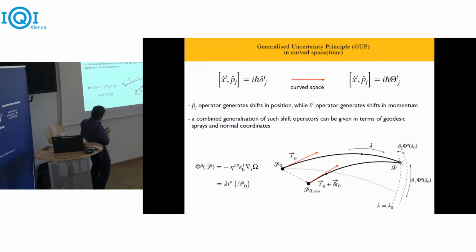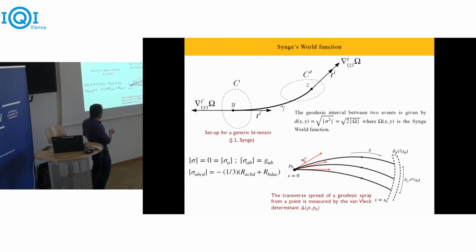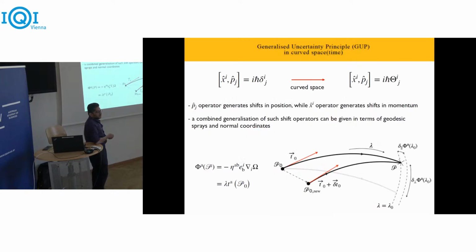Then I shift the origin from P naught to some P naught plus delta P naught, and I want you to compare it with this picture. Here the shift is active in the sense that a final point is being translated, but to discuss momentum as a generator of translation or vice versa, you usually shift the origin from P naught to P naught plus some delta P naught. So, that is more like a passive point of view,